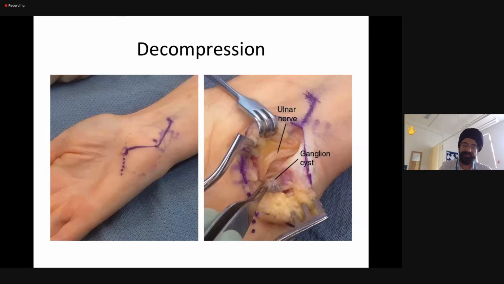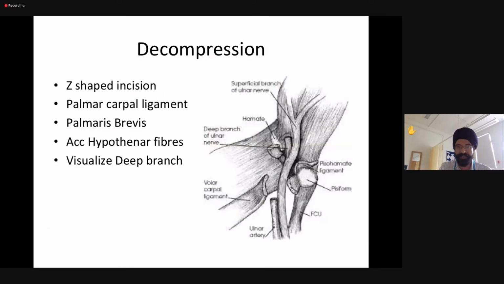In this case, you can see there is a ganglion cyst, which is the most common reason. But any hook of the hamate pathologies, any aberrant fibrous bands, aberrant palmaris brevis, and hypothenar fibers all have to be released, and a thorough release up to the deep motor branch has to be performed to make sure that there is no recurrence or persistence of the